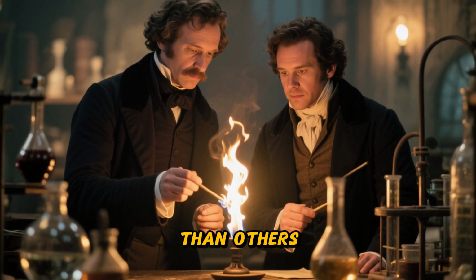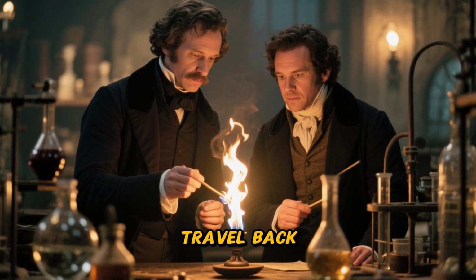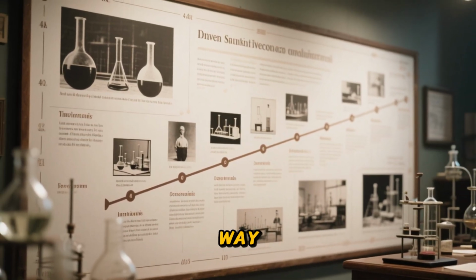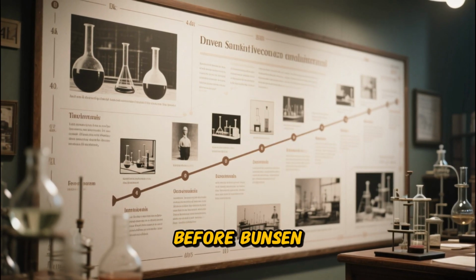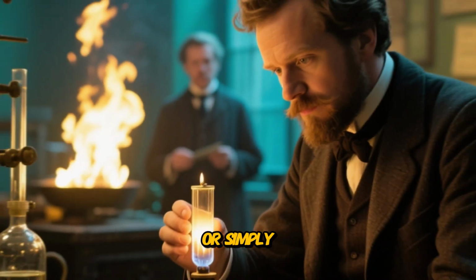than others. To understand why this small laboratory burner had such a specific name, we have to travel back to the early days of chemistry labs, when scientists were still figuring out the best way to create a clean, hot, and predictable flame. Before Bunsen stepped into the picture, laboratories struggled with flames that were smoky, inconsistent, or simply not